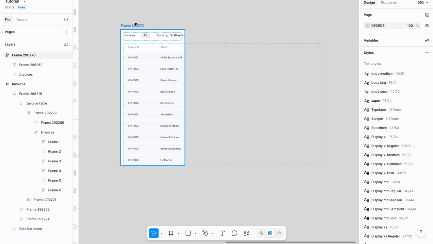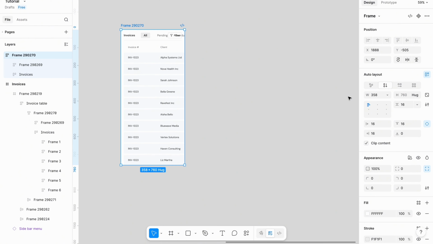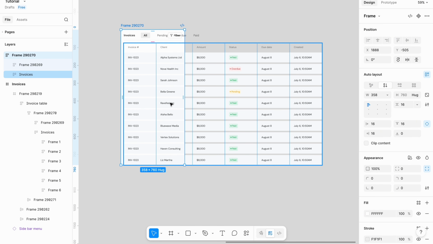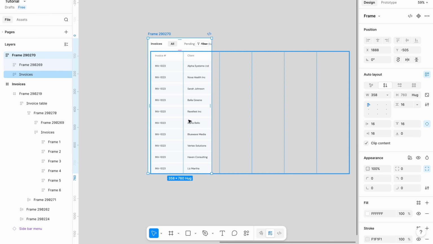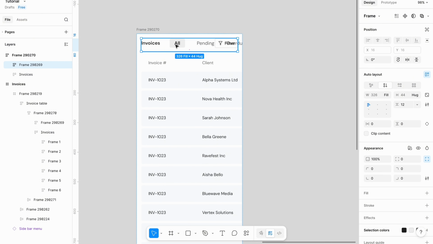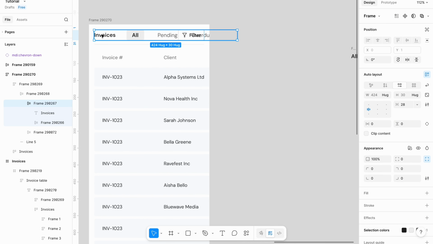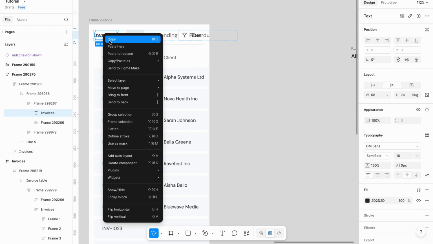One way to know is to still select our outermost frame and unclip the content so you can see that everything is properly stretched out. So I'm going to clip our content back again. For our toolbar, we're going to collapse these chips. So I'm going to copy this,